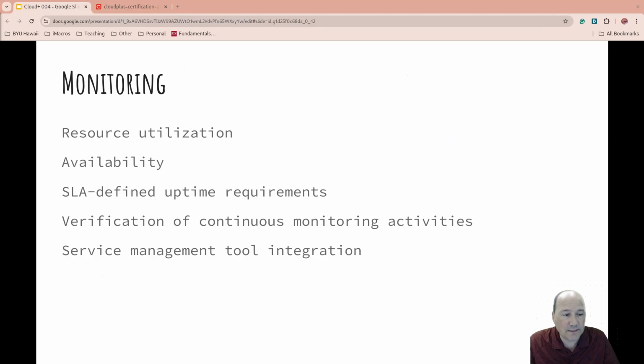Verification of components, and monitoring the activities of those components. So make sure you're monitoring all the right pieces and that you haven't missed something. As well as the service management tool integration. Make sure your service management tool is part of the process. It's nice if your service management tool participates in, or at least can automatically be notified and updated by,